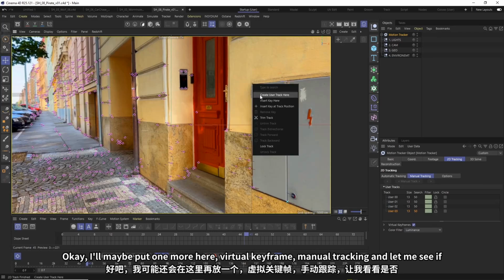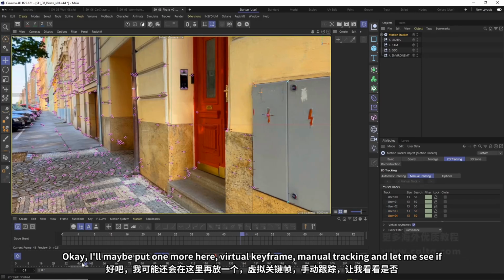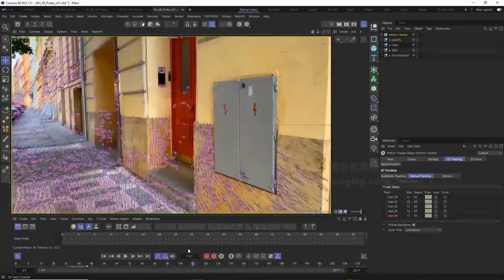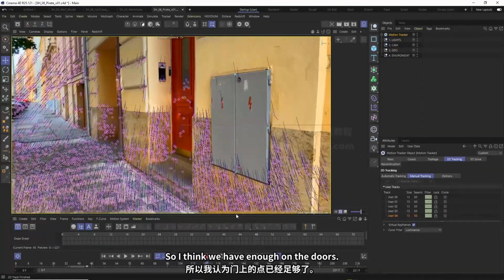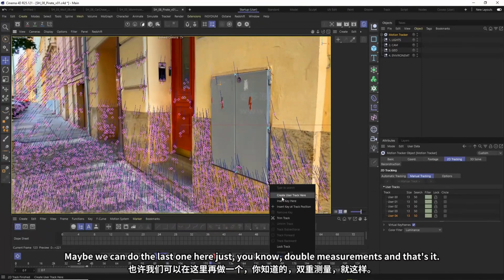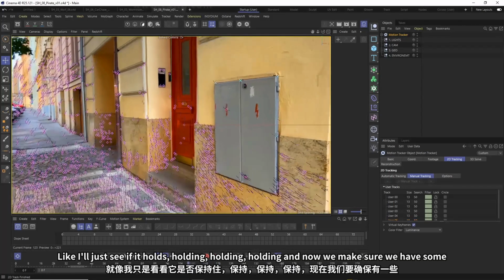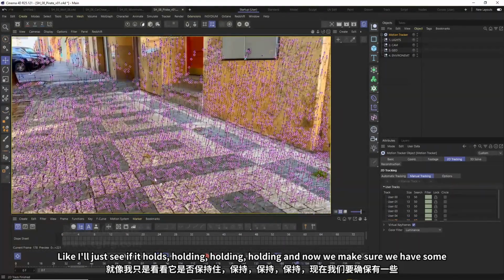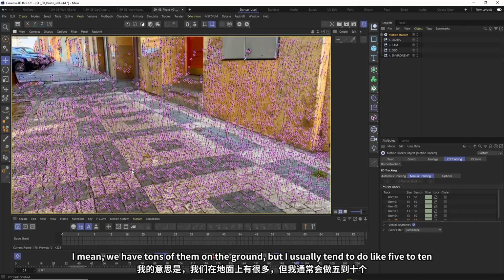Okay, I'll maybe put one more here. Virtual keyframe, manual tracking. And let me see if this one will hold. Perfect. So I think we have enough on the doors. Maybe we can do one last one here, just, you know, double measurements. And that's it. Just see if it holds. And now we make sure we have some on the ground. I mean, we have tons of them on the ground, but